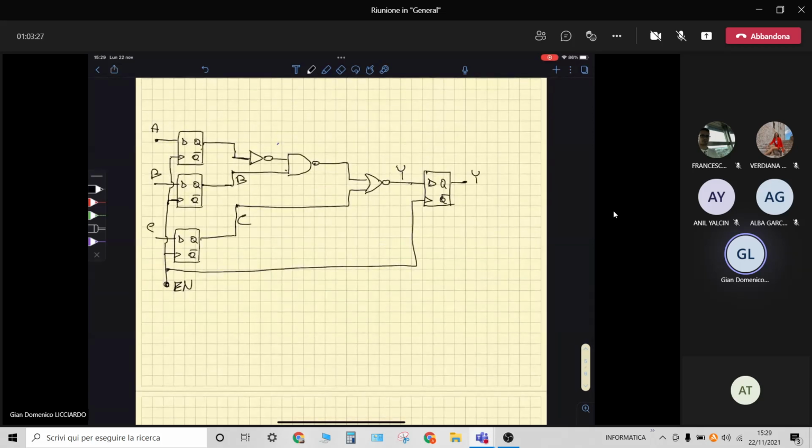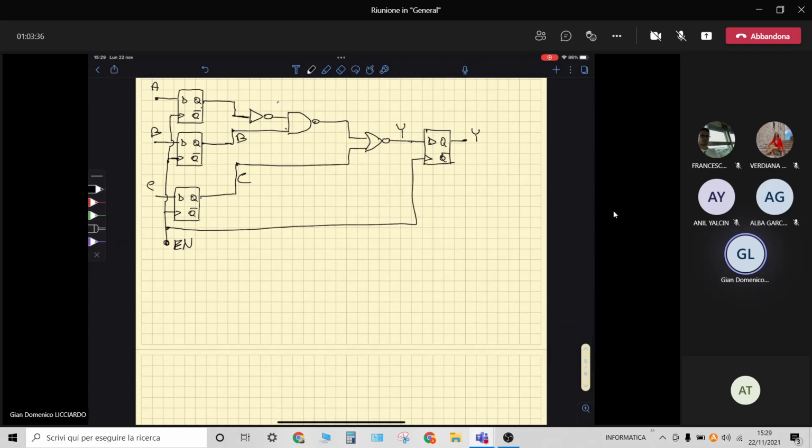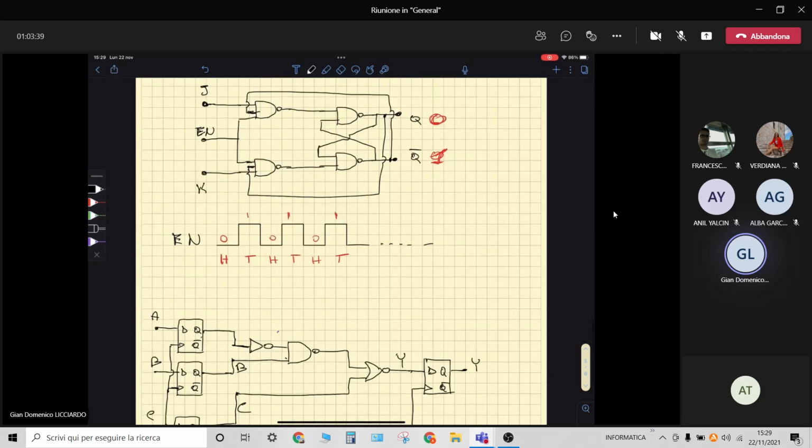Now, consider that this enable signal is periodic,